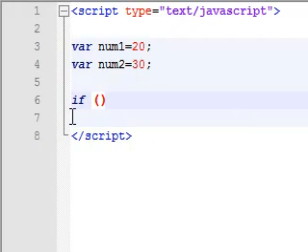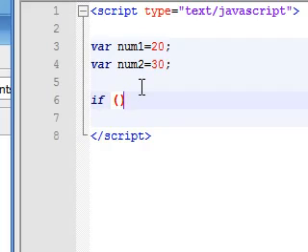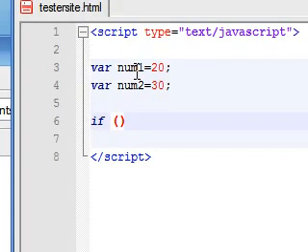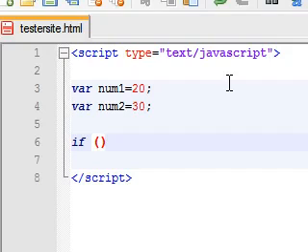Now, after that you have parameters. Make sure you don't put a semicolon at the end, because I know it's different than everything you learned before, but it's good practice. In your parameters, test whatever condition that you want to test. And remember, if this condition is true, then it's going to execute the code we type after it. So I'm going to say if num1, which is 20, is less than num2, which is 30,